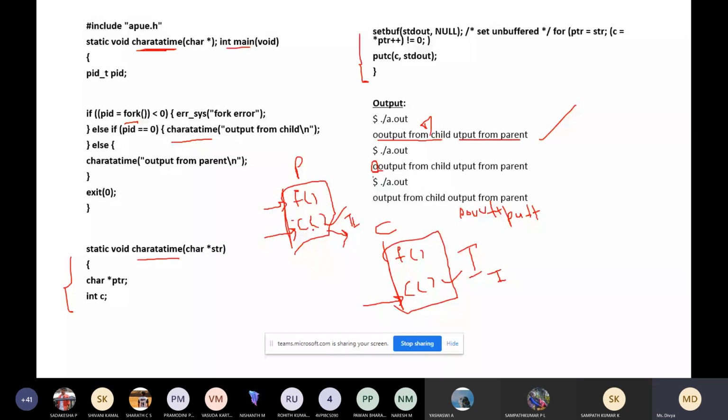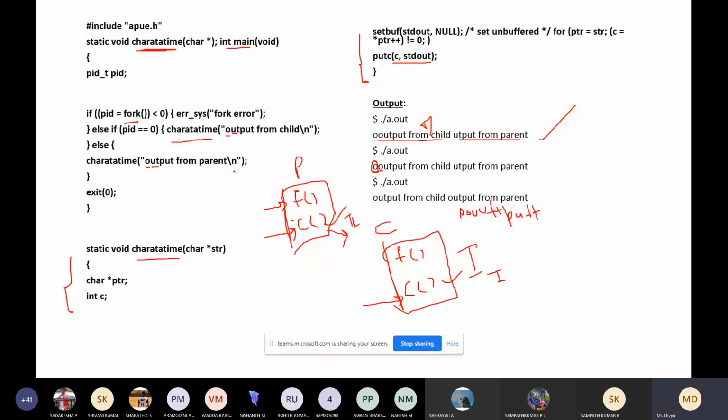So first the parent will be executing, and it will be printing a character. You can see here it is meant for printing the character, right? Output C. So it is printing one character from this, then one character from this. Again, it will print two characters from this, then one character from this. So there is switching between the parent and the child. That is called a race condition. Clearly, neither the parent nor the child is guaranteed any particular time. The parent will be given some time, and the child will be given another time for executing the function.